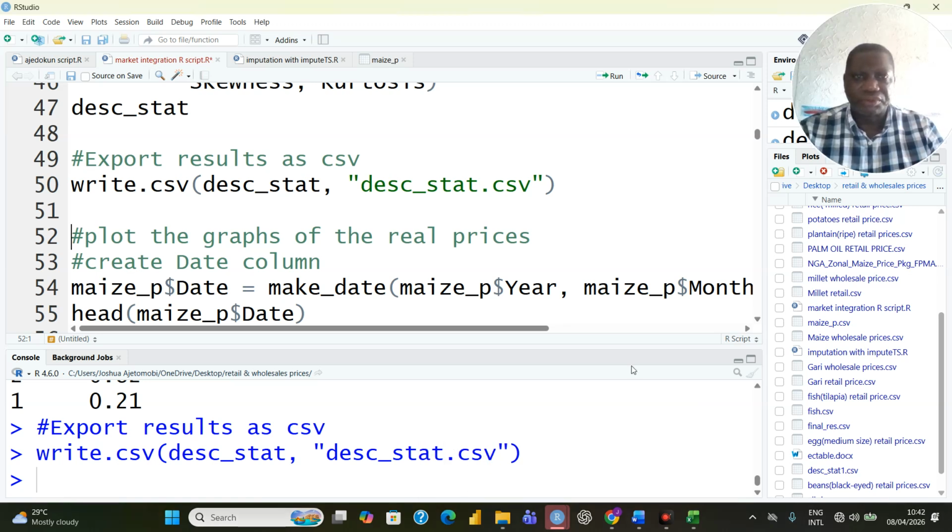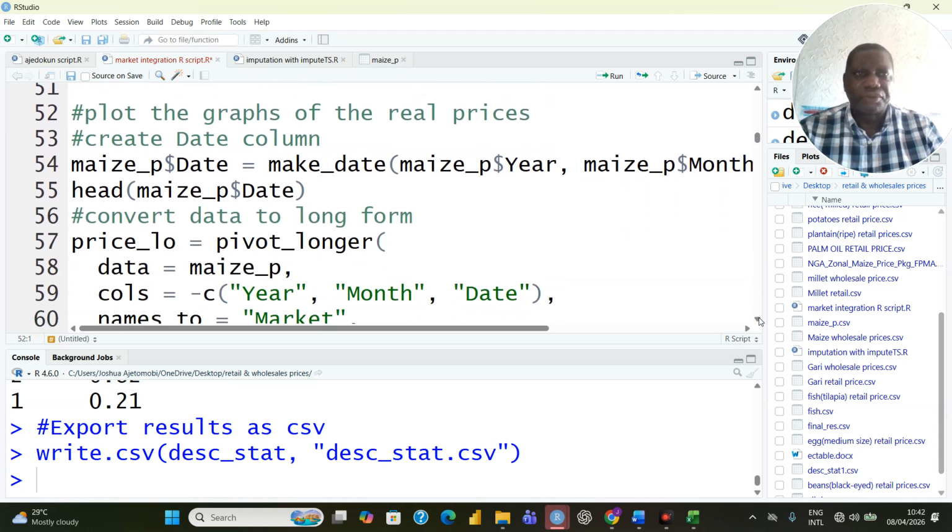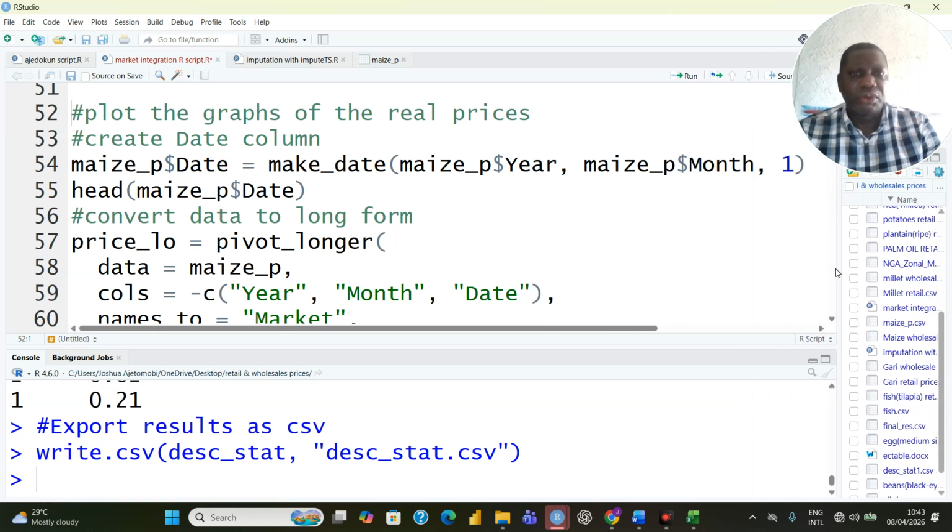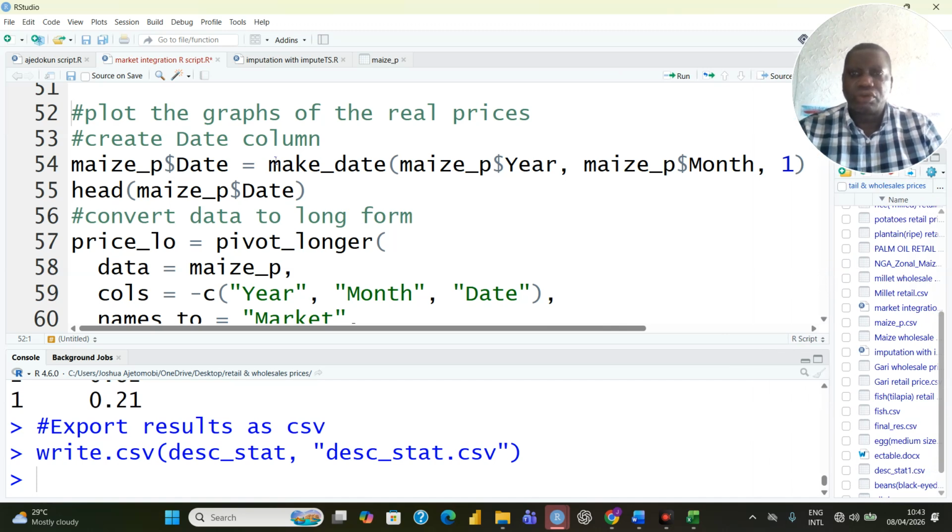our studio. So the next thing is to plot the graphs of the real prices to show the evolution over the analysis period. To do that, we need to create a column for the date. Let us not forget we have the year column, we have the month column. So we use the two to make the date column. So we have base underscore this